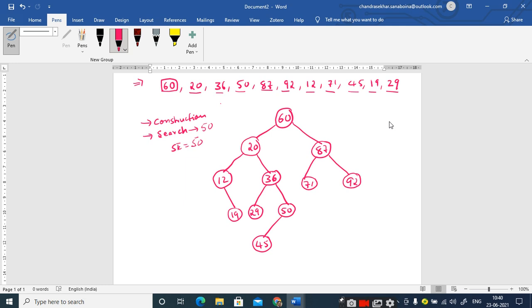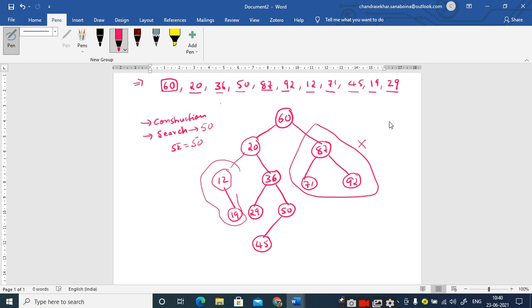Since 50 is less than 60, you go towards its left subtree. Therefore you are ignoring this entire right subtree, right? Now compare 50 with 20. Since 50 is greater than 20, you should process the right subtree of 20. Therefore you are neglecting this particular part.